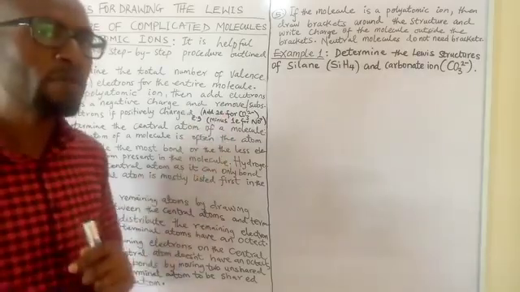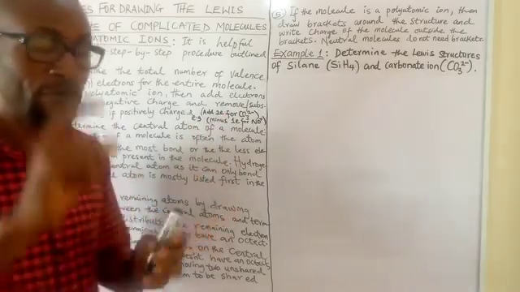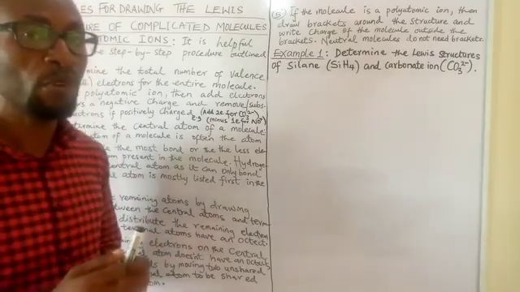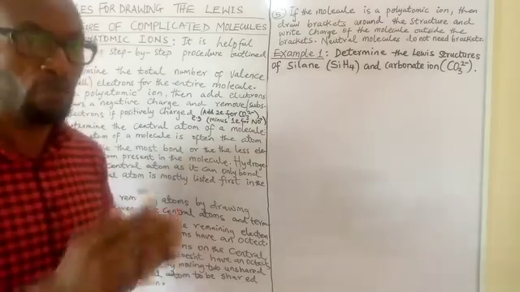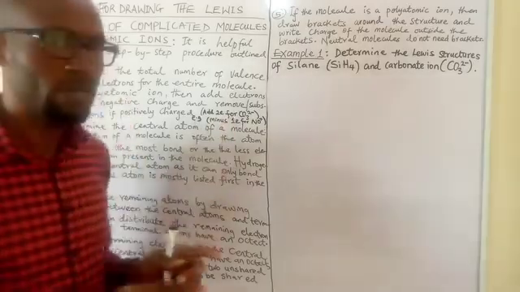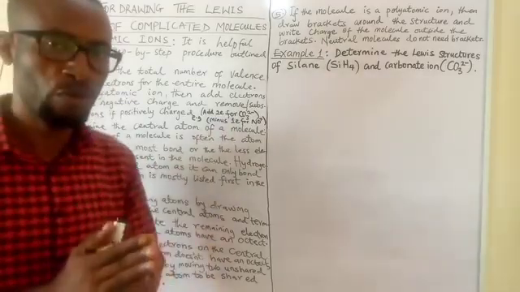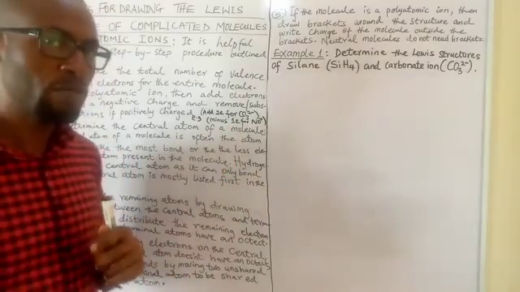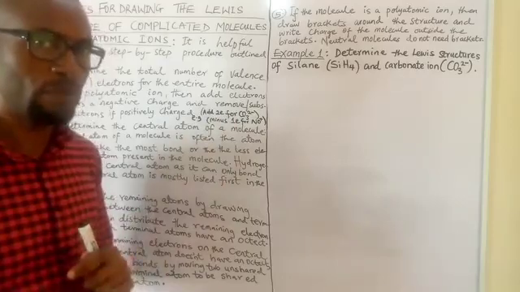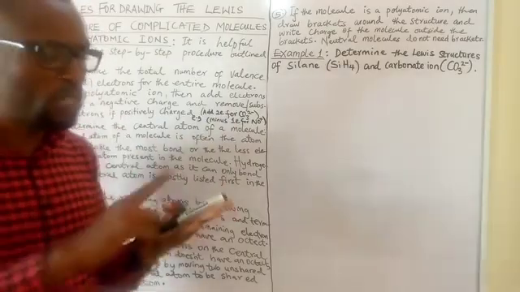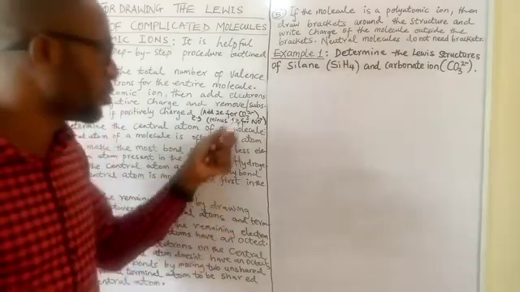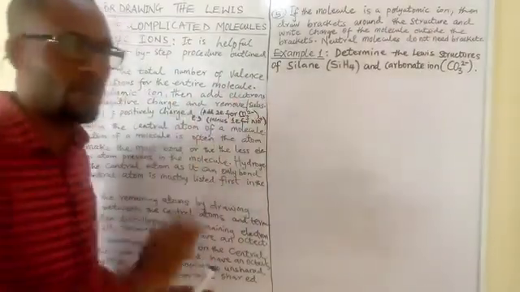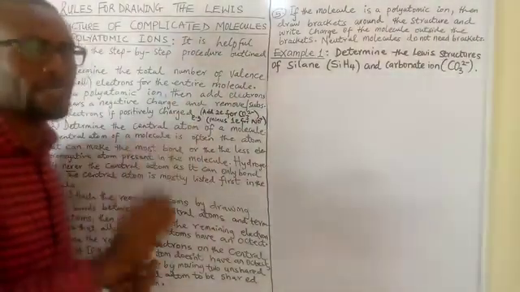You ask yourself for carbon. Carbon has 4 electrons in the valence shell. Therefore, carbon requires 4 electrons to fulfill its octet. That is why carbon shows tetravalency. It always wants to make 4 bonds. So suffice it to say that oxygen makes 2 bonds ultimately, carbon makes 4 bonds ultimately. So the first signpost is which of the two elements makes the most bonds. Whichever one makes the most bonds is most likely to be the one at the heart, or centrally placed, in the skeleton of the Lewis structure.